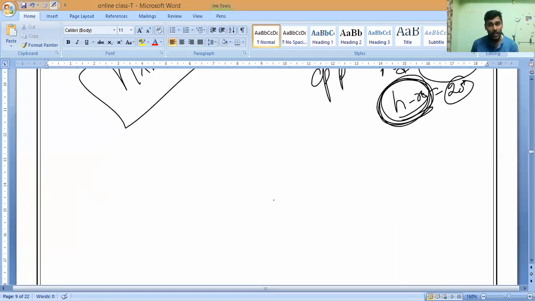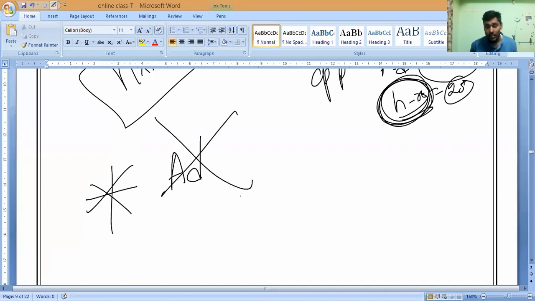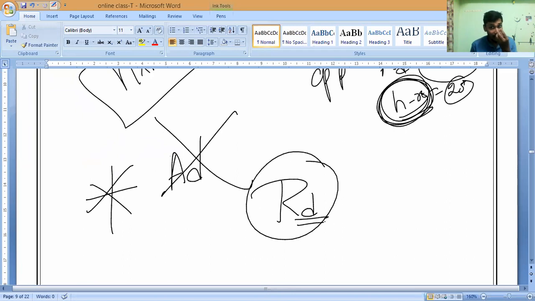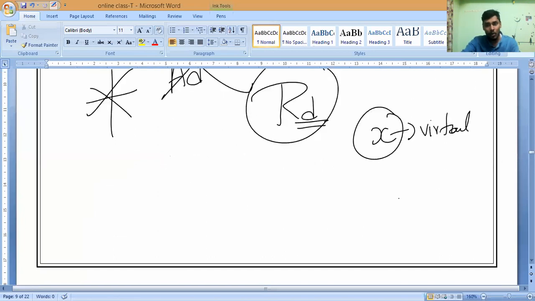Let me finish. Sometimes they won't ask you to find this. This is a special case. Remember, they will never ask you to find apparent depth. We don't want it. They will ask you only what is real depth. So how will they give it? In this case, they will give you only the vertical shift. Understand? So in this case, how to solve, sir?